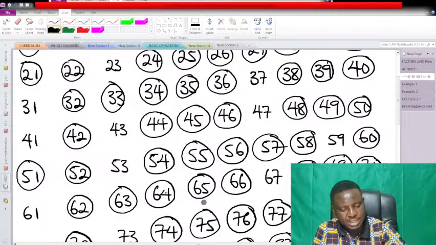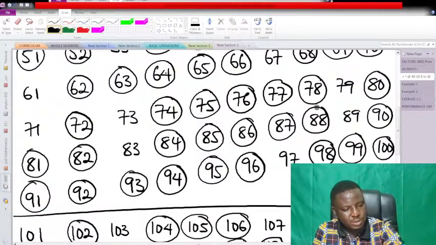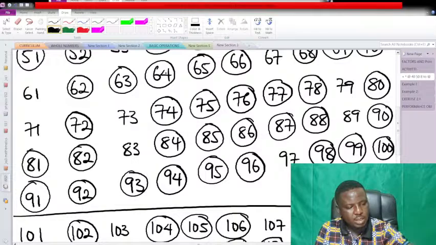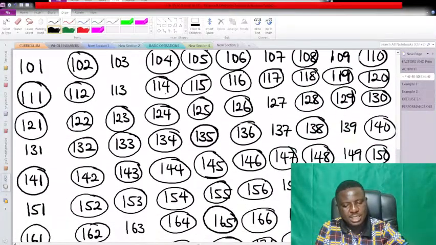65 plus 13, that will be 78. It has been shaded. 78 plus 13, that will be 91. It has been shaded. 91 plus 13, 104. That has been shaded. 104 plus 13